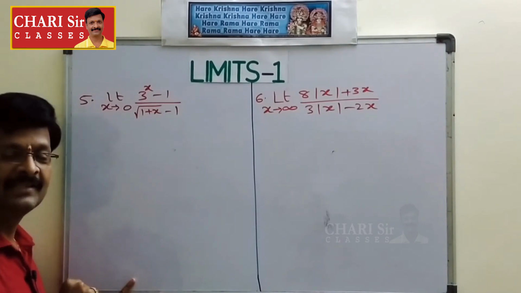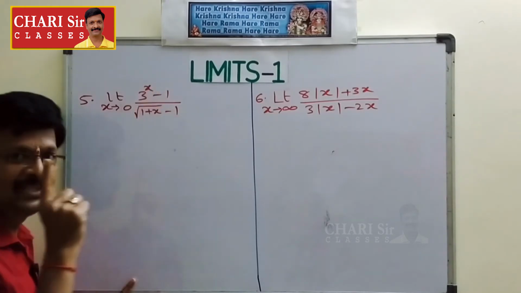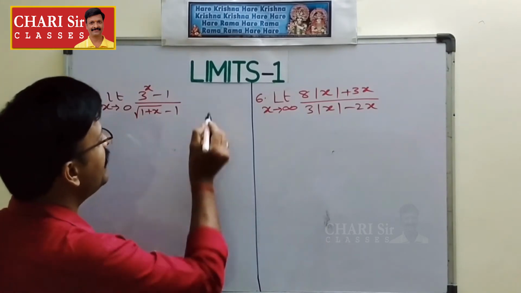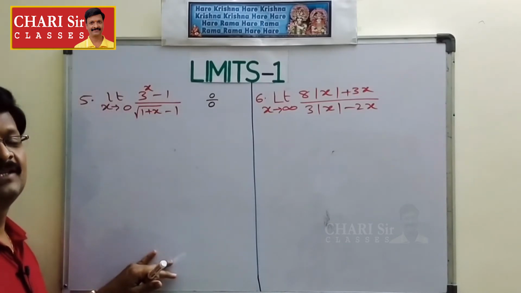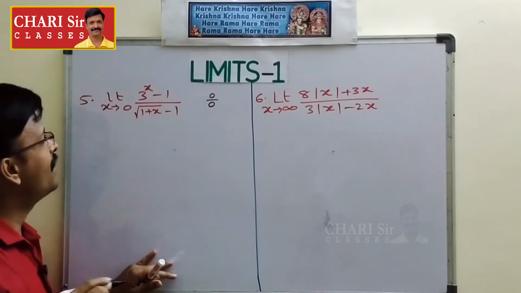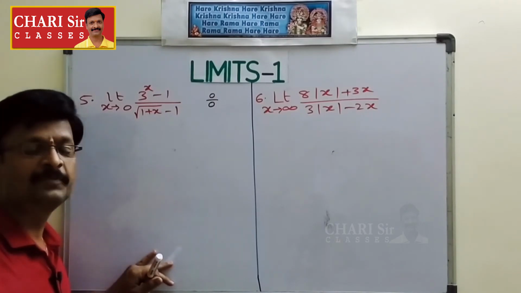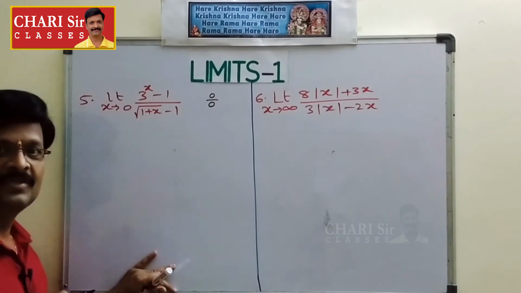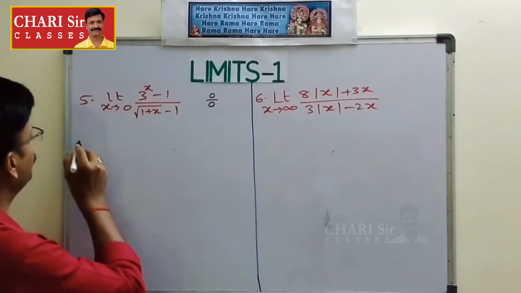So which is an indeterminate form. In the denominator you are getting 0. Not only the denominator, if you put 0 here, 3 to the power of 0 is 1, 1 minus 1 is 0. We are getting the indeterminate form of 0 by 0. When you get 0 by 0, which is an indeterminate form, we are not supposed to apply the limit directly. So when a quadratic expression was there in the previous question, we factorized. Now here irrational terms are there, we need to rationalize the denominator. Let's see how to do this.